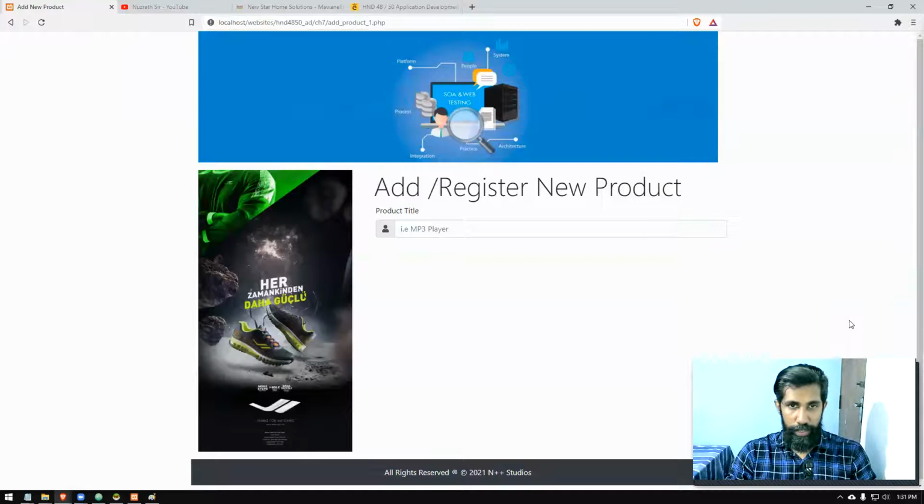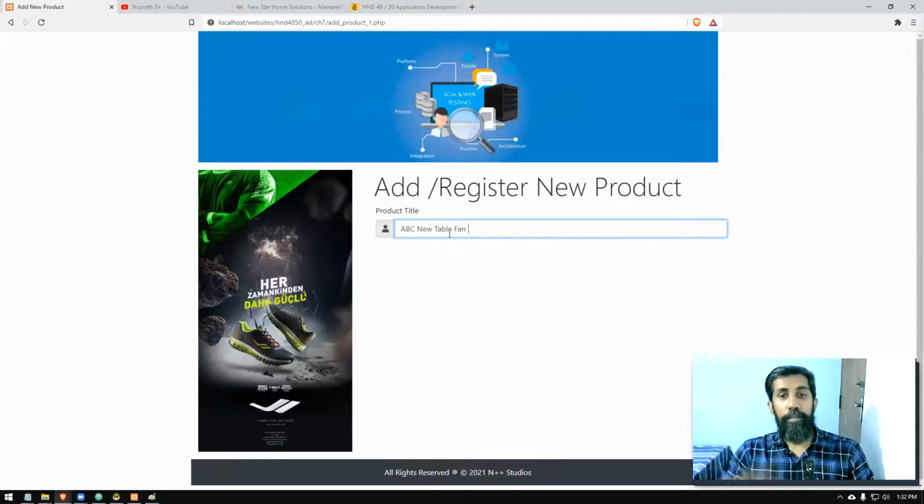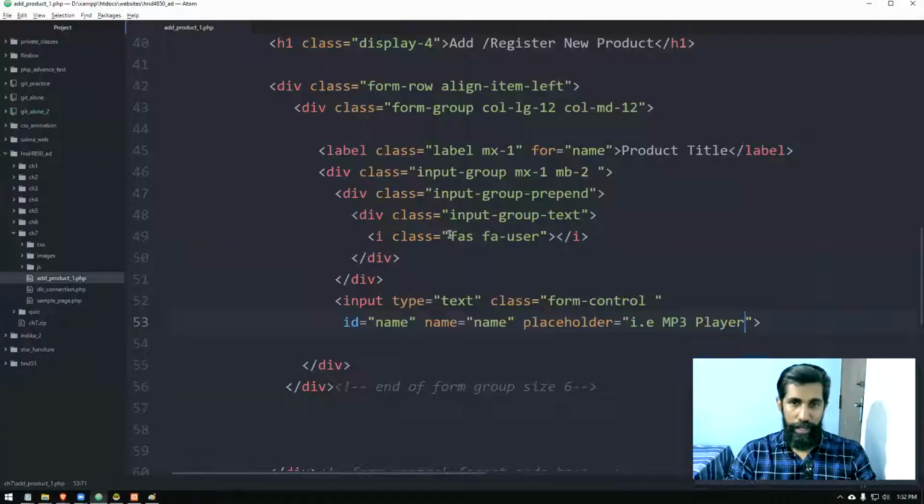So inside the placeholder, it will be displayed. When you're filling, you can type new table fan for sale, or whatever the brand, let's say ABC new fan for sale. If it is a site like Ikman, you can put for sale. Otherwise, just the title is enough. So all those things are fixed.